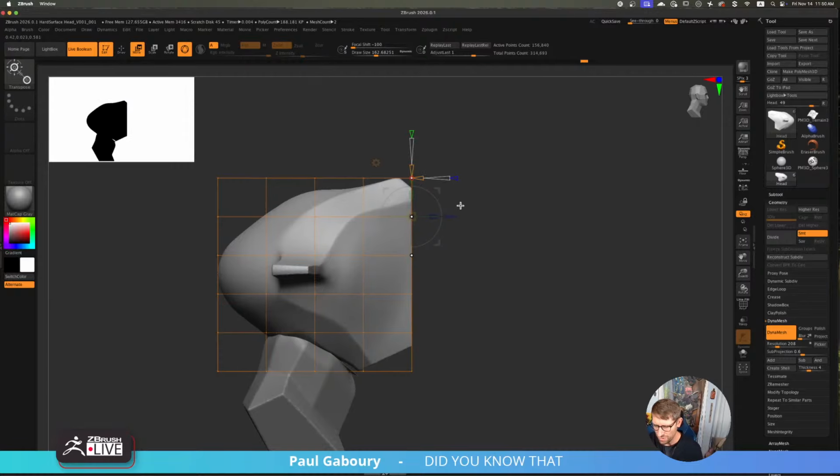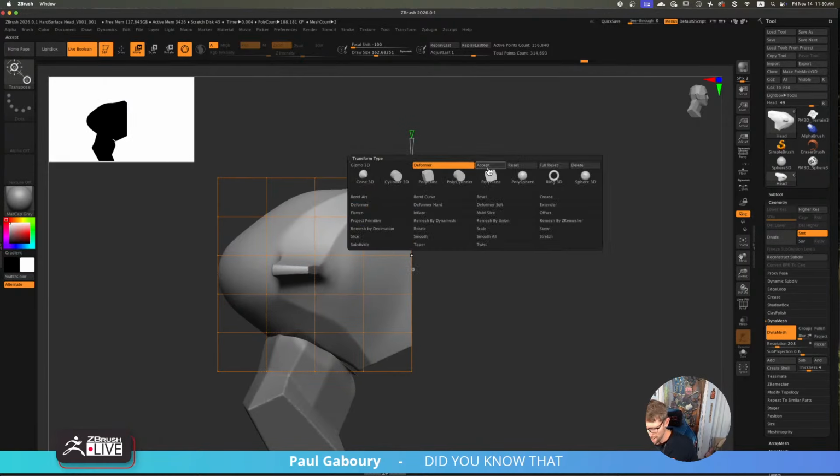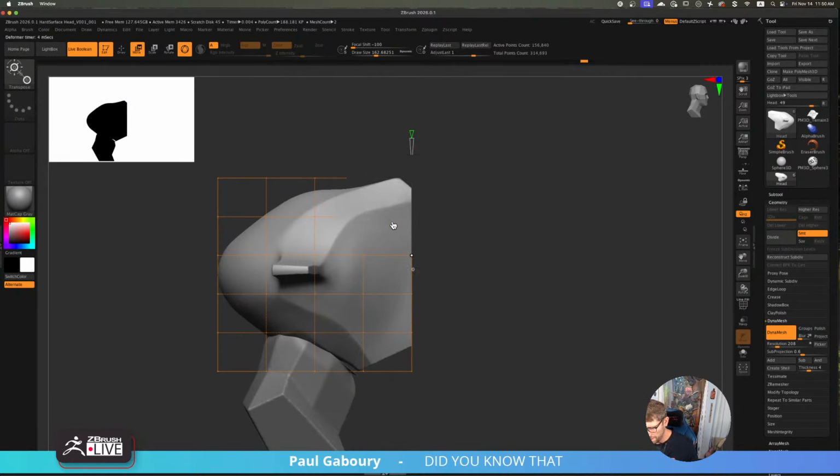So I tend to use this. You guys were asking about the Project Primitive. I think it is definitely one of the most complicated deformers to use, but I think it's the most powerful deformer we have, period. Because of what you can do with it, what you can make from it, and how you can blend things together. It's super easy to use once I break it all down for you, okay?